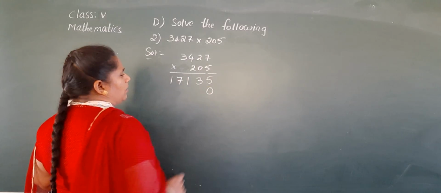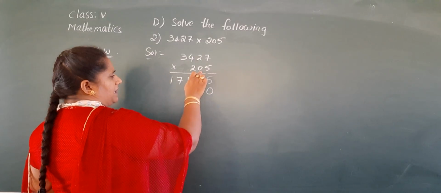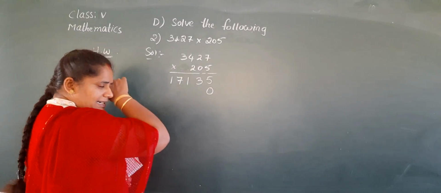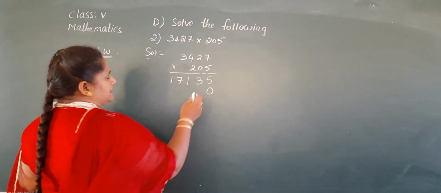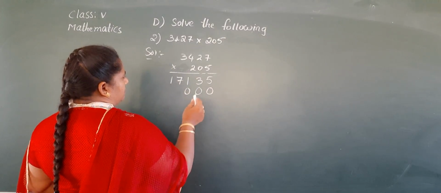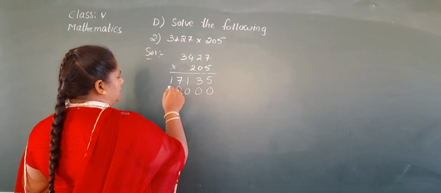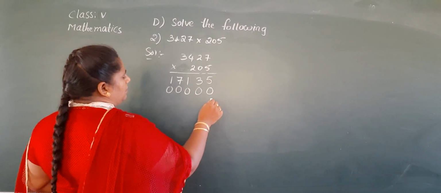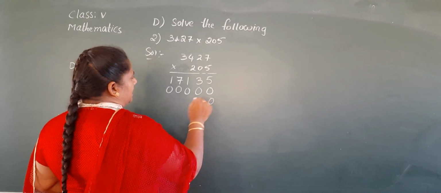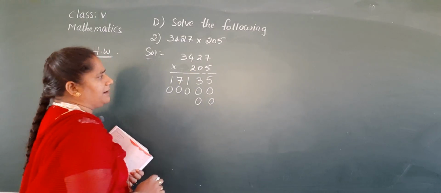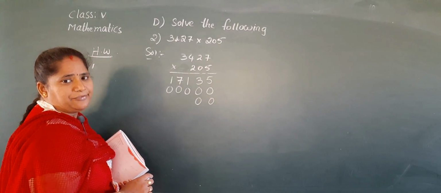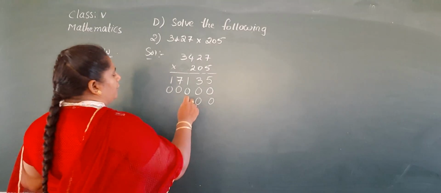Now keep 0 in the ones place and multiply from the tens place. Here the tens place digit is 0. That means we get zeros only. 0 sevens are 0, 0 twos are 0, 0 fours are 0, 0 threes are 0. Now you keep zeros in the ones and tens places and start from the hundreds place. 2 sevens are 14. 1 in hand, 4 is down.